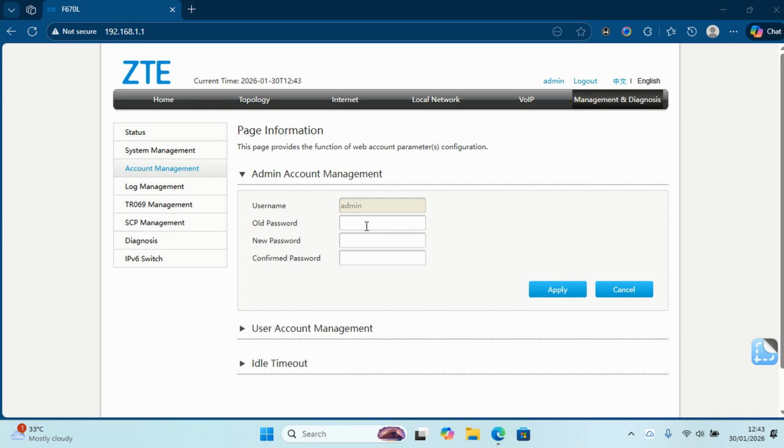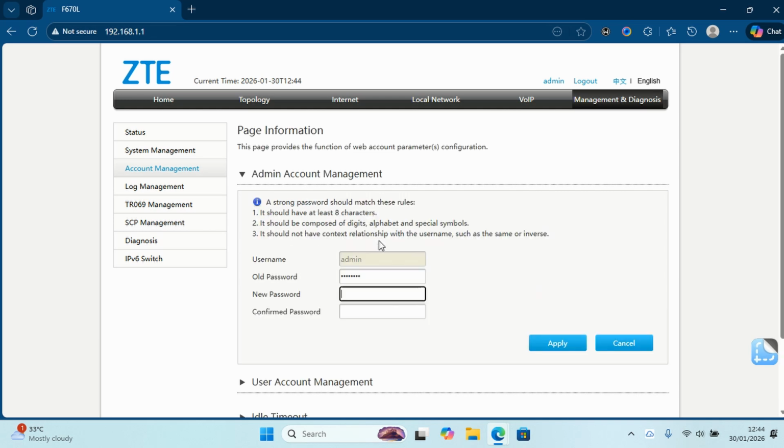So over here, this is your username. You come in here and then you type, especially for the password, you can leave it as admin, and then you type in the password which I already told you guys. You can leave it open so you see what it is that you're typing. So yes, leave it open here. And then what's my new password? My new password